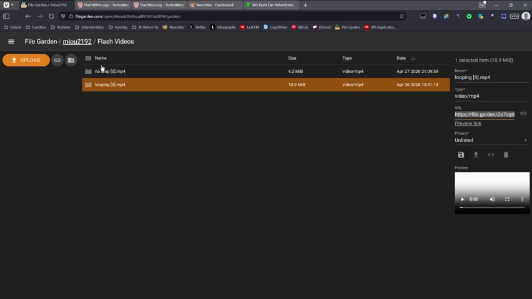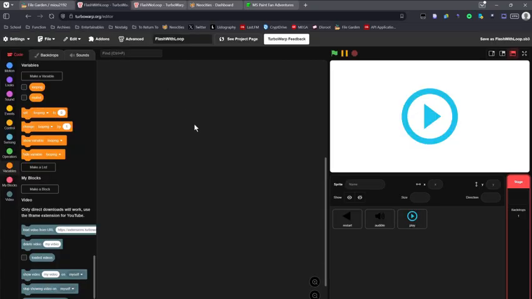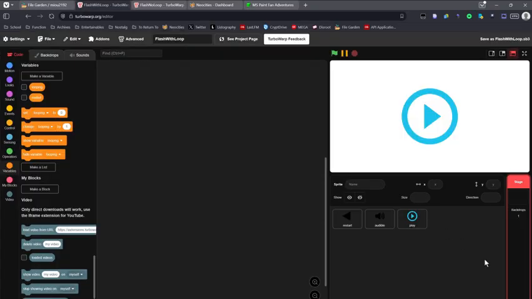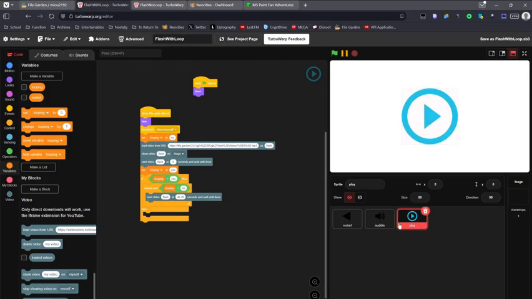Then, depending on if your flash loops at the end or not, there will be 2 downloads for 2 of these base projects that you can use. So we're going to start with the loop version because it's slightly more complicated, but really isn't that complicated. So the first thing you're going to do after getting your link to your file from your file hosting platform is you're going to go to the play button and you're going to replace this with the link to your video. Now mine already is my video, so I'm going to leave it.